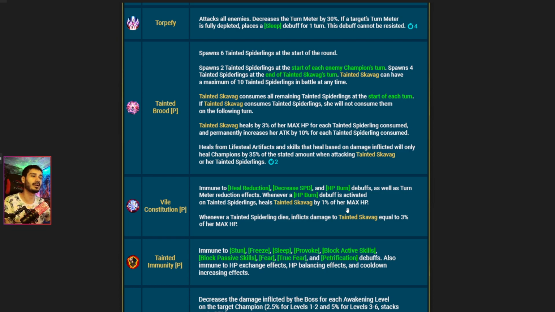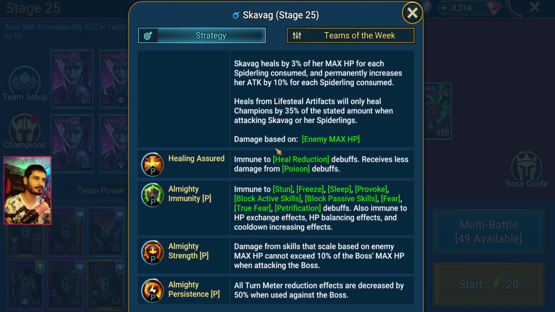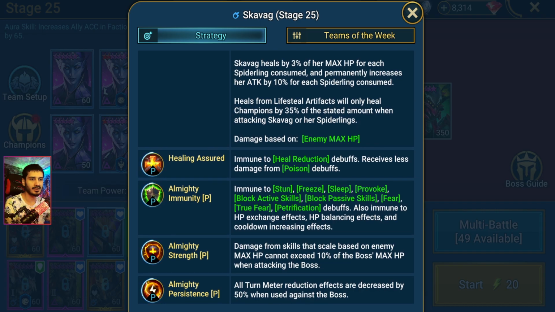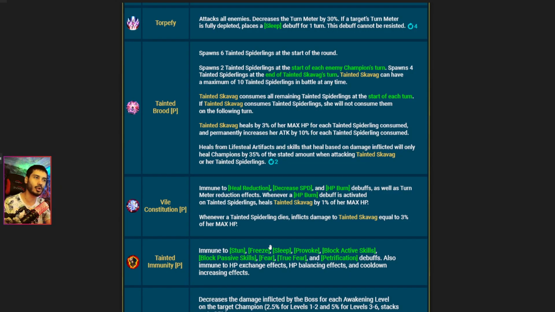But on the other hand, whenever a spider link dies, it inflicts damage to the queen equal to 3% of her max HP. So this is new. Yep, there is nothing like that on the current boss. Killing the spider link is not dealing damage to her. That's why we are killing it with the HP burn. So basically, guys, we are just going to